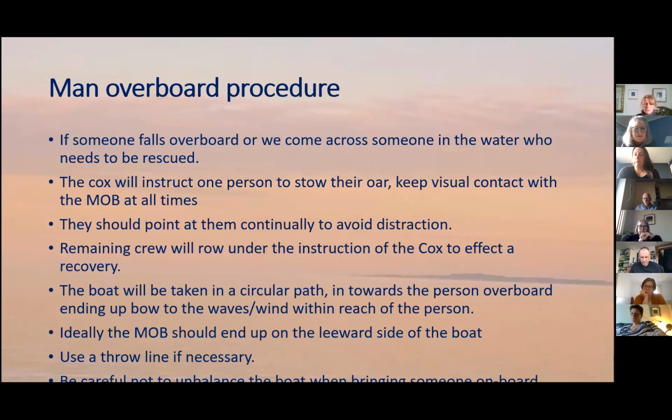Then we'll make sure that we do these and get people experience at putting the anchor out and also trying the man overboard procedure. So, man overboard: if somebody falls overboard, or in our case, we might meet somebody in the water who needs to be rescued, there's quite a lot of water users around and about,